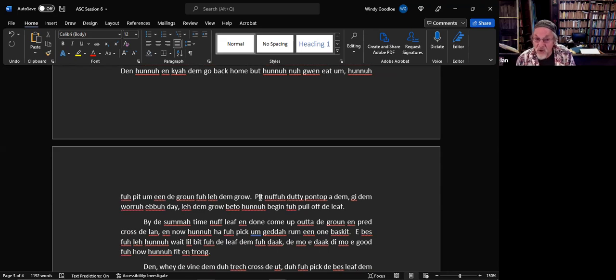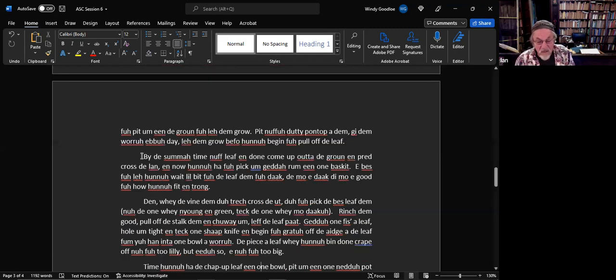Dirty means soil, dirt. On top of them, put enough earth, give them water every day, and let them grow before you begin to pull off the leaf. So let them grow till they start making leaves. By the